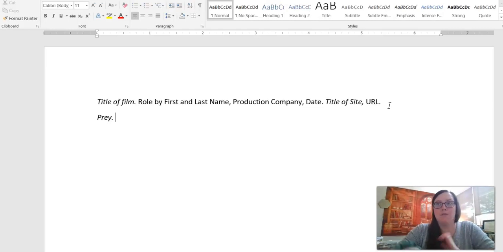When our template says role by, we want to specify the type of role. We might say directed by, we might say performances by, we might say screenplay by, and the roles that we choose will be dependent on what it is you're going to emphasize within your paper. So if you are emphasizing specific characters or specific roles in the film, then I would encourage you to write performances by. However, if you're going to maybe be analyzing the film to talk about a certain director's style, then you might want to instead provide who directed the film.